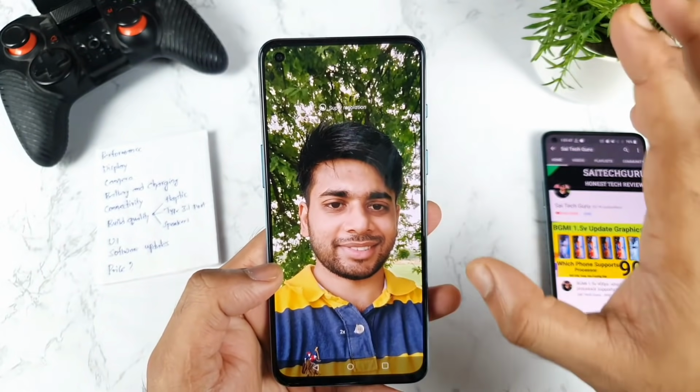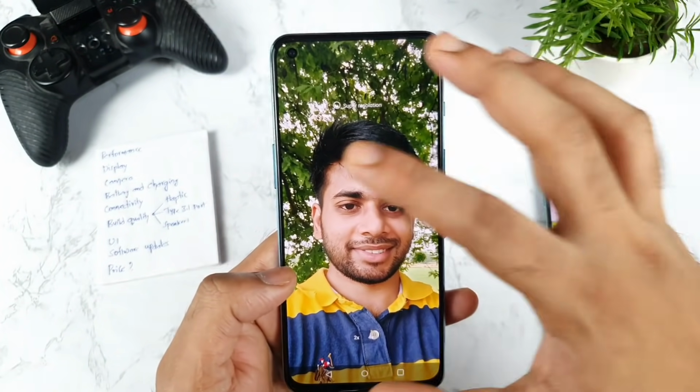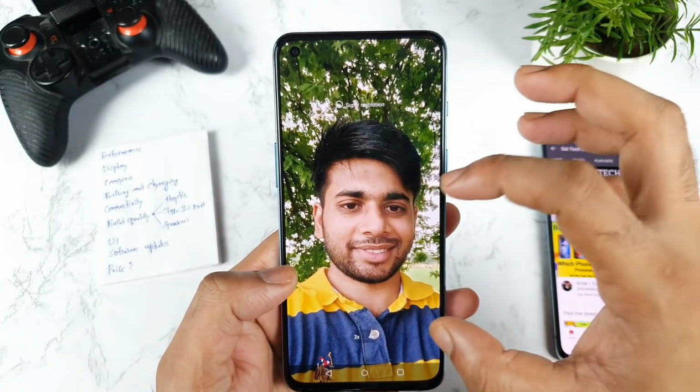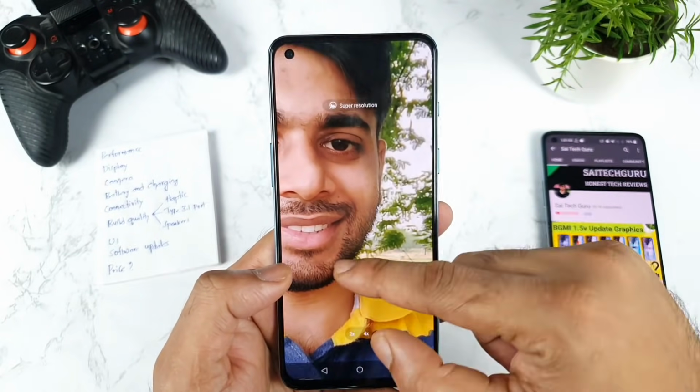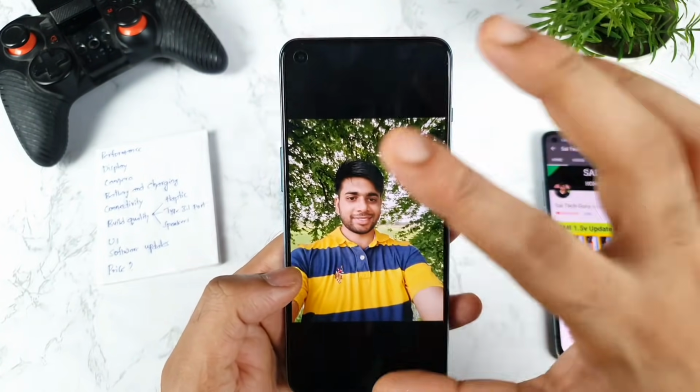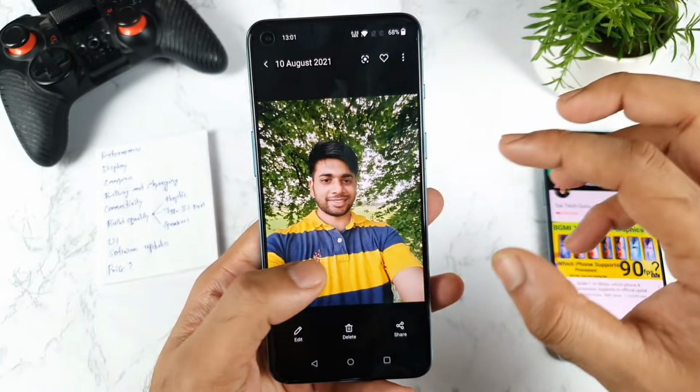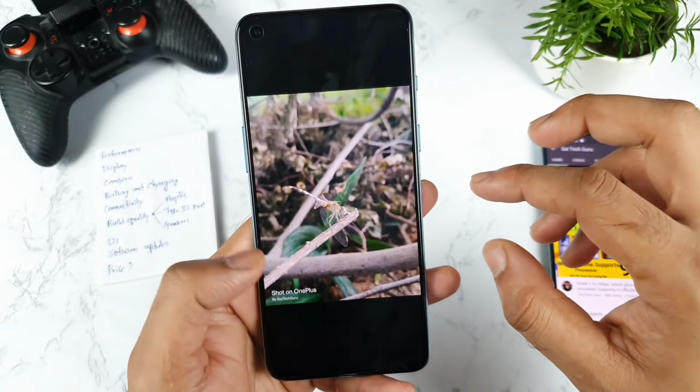So in some scenarios, you'll be having really good colors and everything. If you have a very outdoor lighting environment, only then you can actually find this kind of very good front cam. If you are having low light, it's not that great in terms of performing in low light. That's the one thing I'm mentioning.